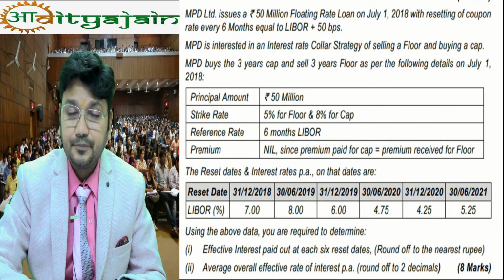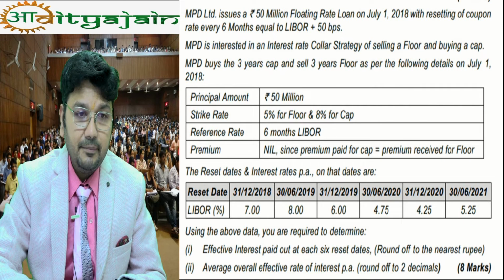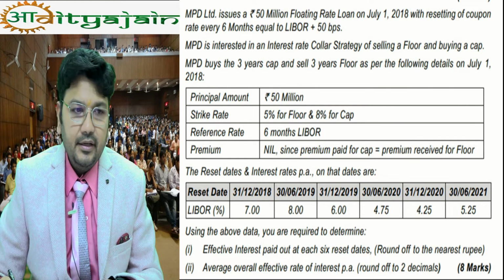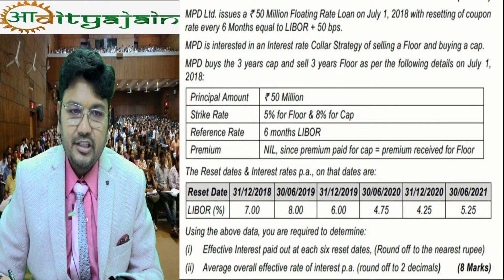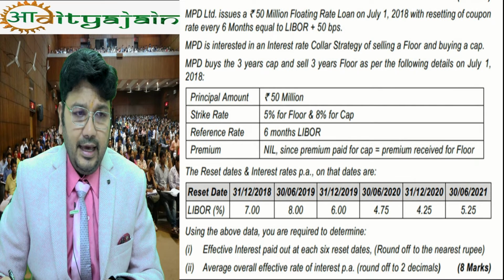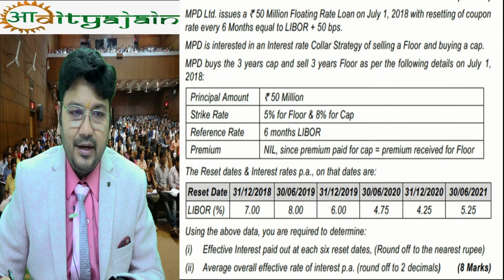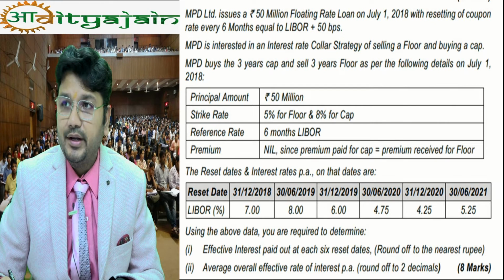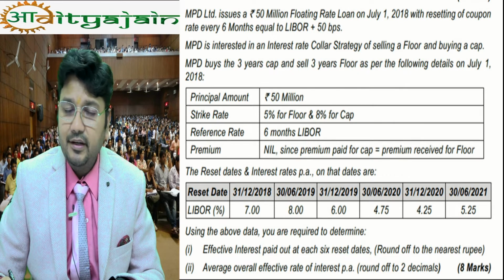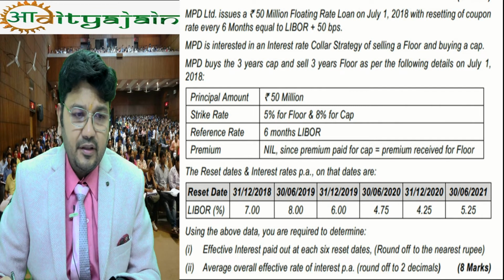MPD Limited issues a 50 million floating rate loan on July 1, 2018 with resetting of coupon rate every 6 months equal to LIBOR plus 50 basis points. MPD is interested in an interest rate collar strategy of selling a floor and buying a cap. MPD buys the 3-year cap and sells 3-year floor as per the following details on July 1, 2018. Principal amount is given, strike rate is given, reference rate, premium